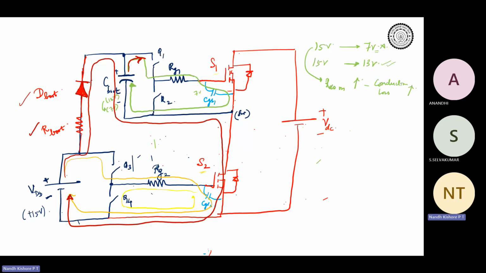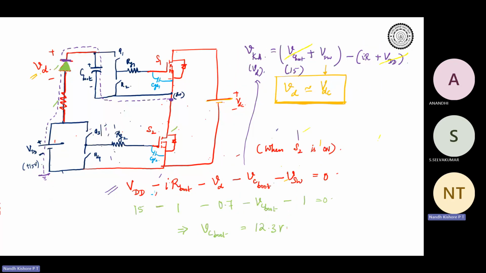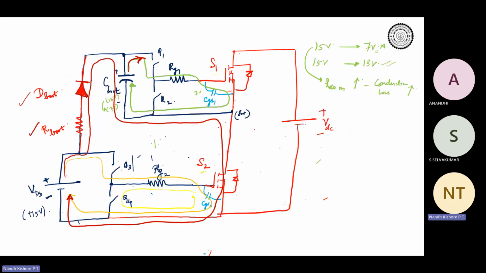Okay. Fine. And then how will S1 operate? For S1 to turn on, it will go from C boot through RG1 and then back, as indicated in green. And for S1 to turn off, it will be through Q2, right? That is CGS1, RG1, Q2 and back. Okay. This is just the general operation. So then as far as design is concerned,